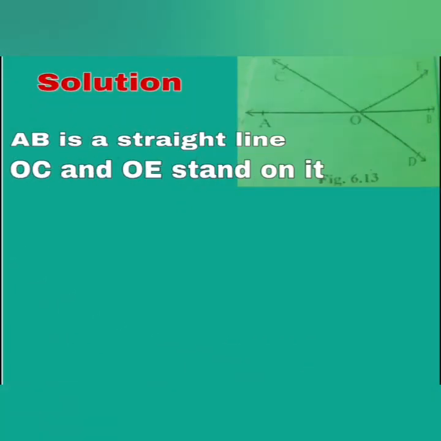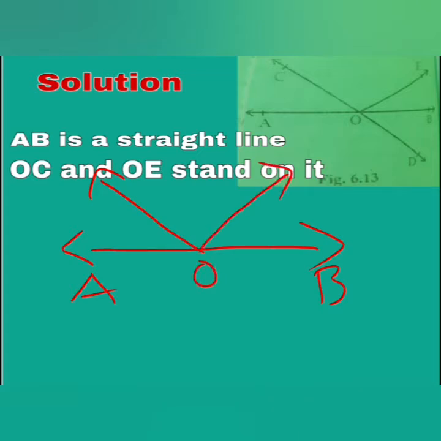Okay, now how to do the solution here? Let us consider a straight line AB for the solution. As I wrote here, AB is a straight line, and on this straight line AB you have rays OC and OE. Just concentrate on the AB straight line. Don't consider the remaining part here. OA, OC and OE stand on it. If we take this AB as a straight line, at this O point we are getting these three adjacent angles. Adjacent angles are the angles one next to the other, isn't it?